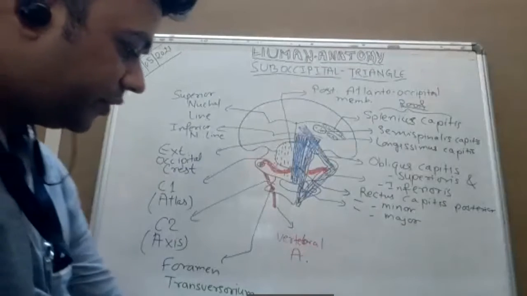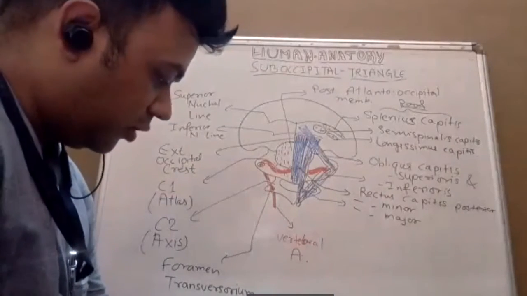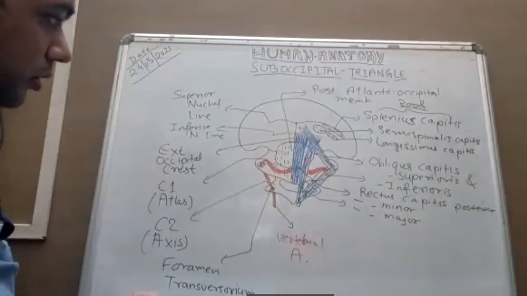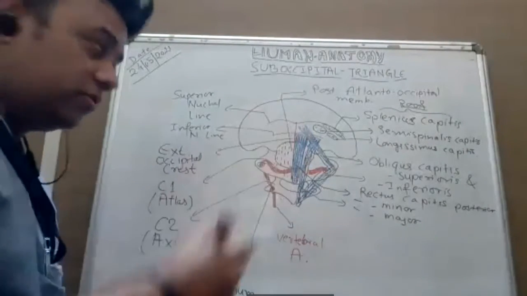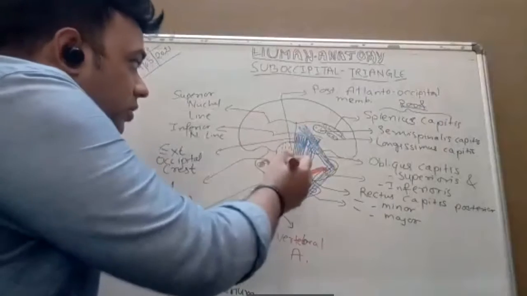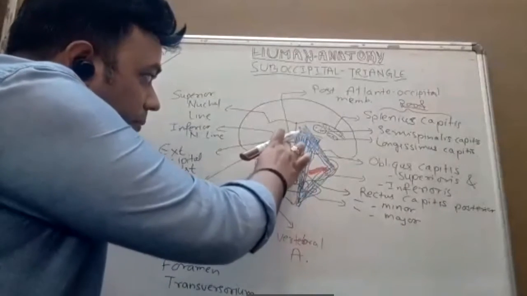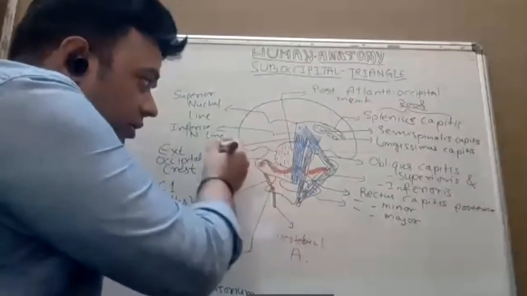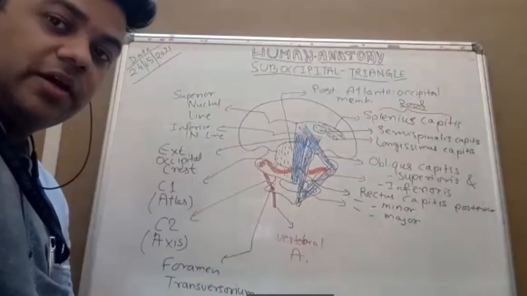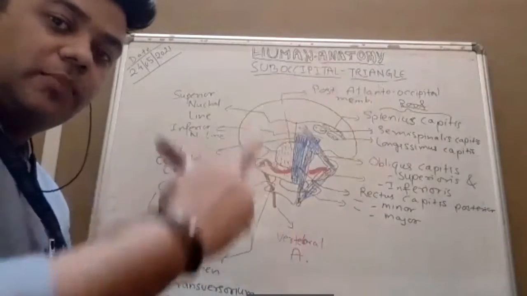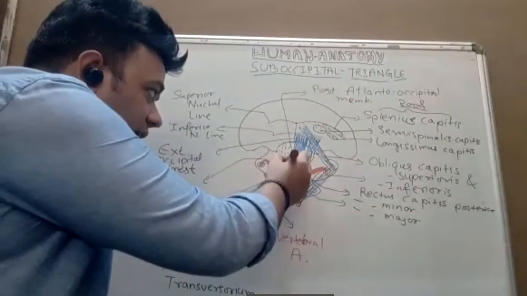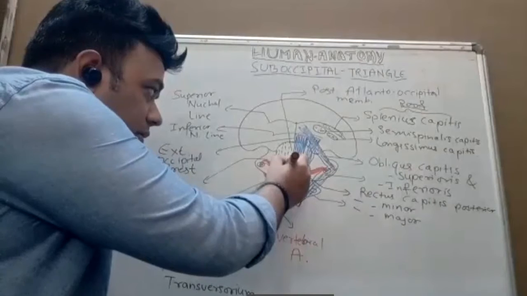Then artery is done, now vein and nerve will come. So first we will see the nerve. So I am drawing through this brown color because yellow color is not available here. So from between the occipital bone and the first cervical vertebra will emerge the first cervical spinal nerve. Now it will divide into ventral and the posterior ramus or dorsal ramus. So dorsal ramus will come through this posterior triangle like this. Okay,